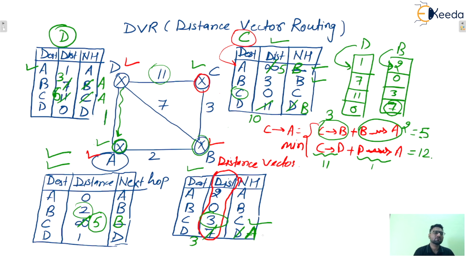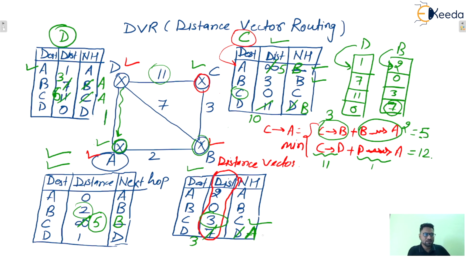Now you can see with the help of these routing tables, in the routing table of every node, the shortest distance to all remaining nodes is there, isn't it? That is the meaning of stabilize. Now your algorithm has stabilized. Stabilize means that every entry of the routing table contains the shortest distance to the other remaining nodes, isn't it?